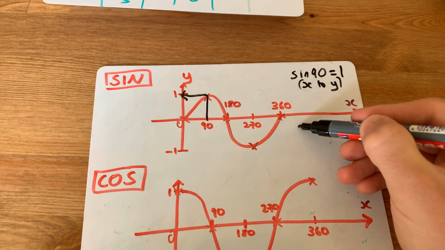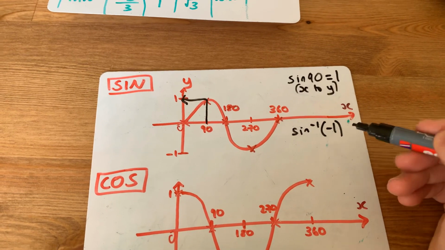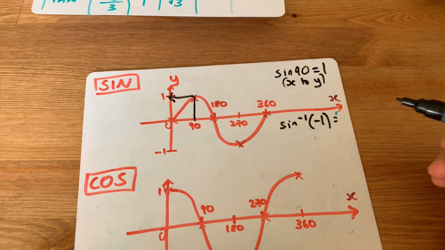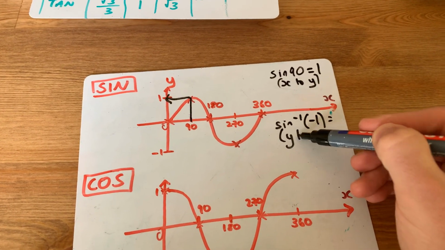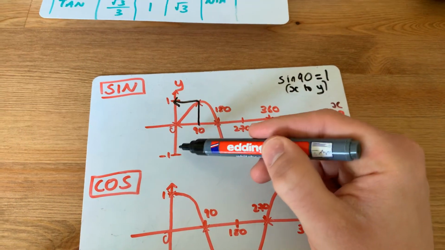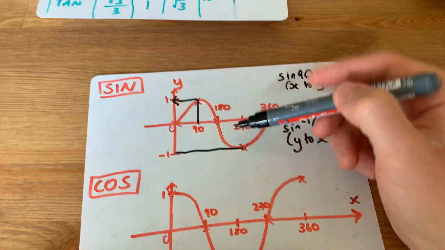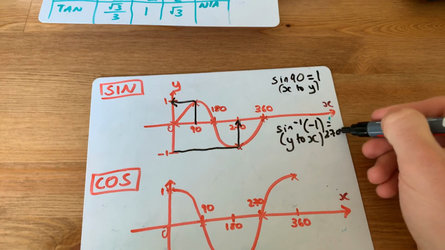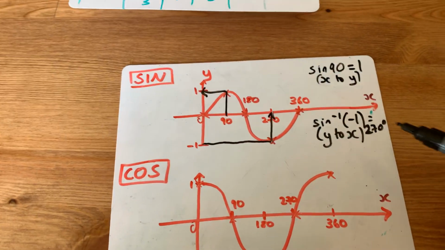Let's think about a different question. Let's say I wanted to do sin to the minus 1 of minus 1. Now, here I'm using the inverse function. So, as opposed to going x to y, when we're using the inverse function, I'd like us to trace our journey y to x. So, from minus 1 all the way to my function is here, isn't it? And from there, I'm going to trace it up, and I'm going to get 270. Okay, and because we know that we're using that as an angle, we're going to say 270 degrees